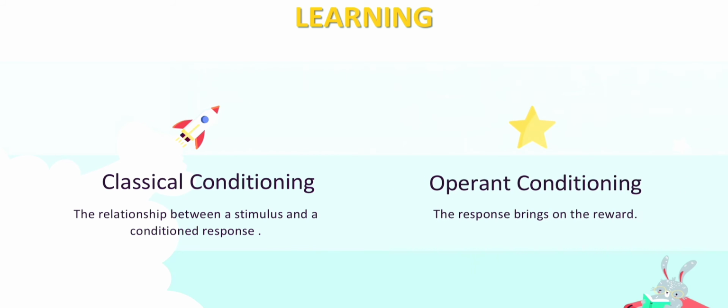And then operant conditioning, where the response brings on the reward. For example, when commanded with the stimulus "shake," a dog will respond by extending its paw. The animal responds in this manner because it has learned that this response will bring on a reward. Learning principles have been applied to many organizational objectives. Positive reinforcement and feedback in the form of recognition, bonuses, and other rewards have been used to improve productivity, reduce turnover and absenteeism, and make employees more responsive to customer needs.